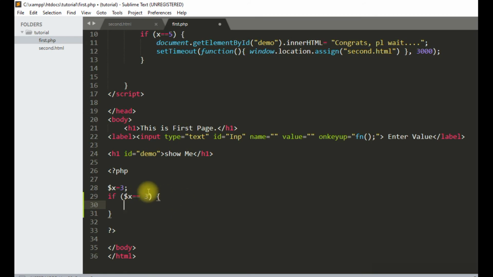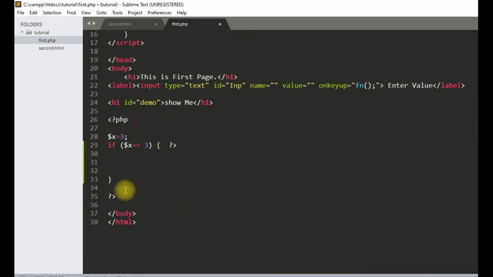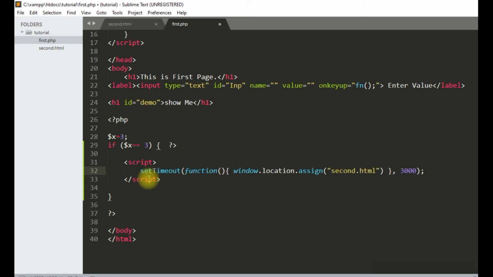Since PHP is very good language, we will close this PHP here, and then we are in normal page. We will just copy paste this code in the script tag, like this, and we will again start PHP here.